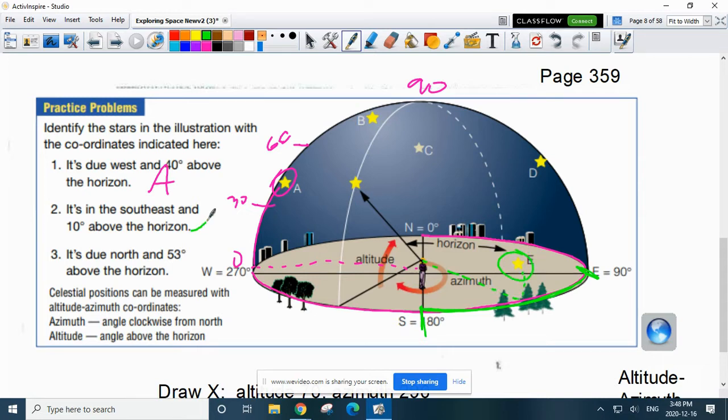That's east. And then red, maybe. It's straight north and 53 degrees up. Well, straight north is right there. Straight north, 53 degrees up. Let's see. Try